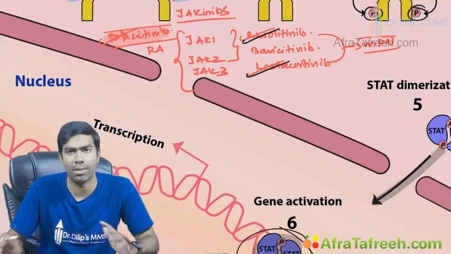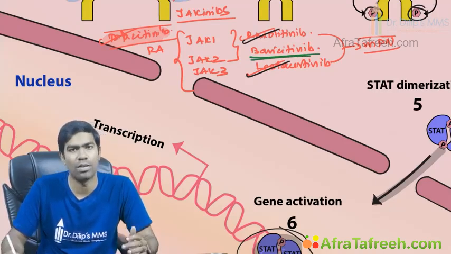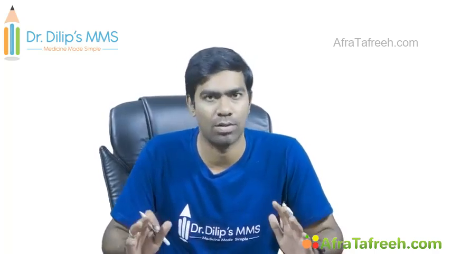Indications we have seen already in the hematology section. I am not going to repeat it. Baricitinib again is approved for rheumatoid arthritis also. That's baricitinib. Clear? So these are some of the important JAK inhibitors. You have to know JAK inhibitors, but especially tofacitinib, please don't forget in exam. Very, very important question and a very, very important compound to remember. Rheumatoid arthritis we will discuss in rheumatology, so we are not going to discuss anything more about JAK inhibitors from now on. So these are the importance of the JAK-STAT pathway, this non-receptor tyrosine kinase pathway.